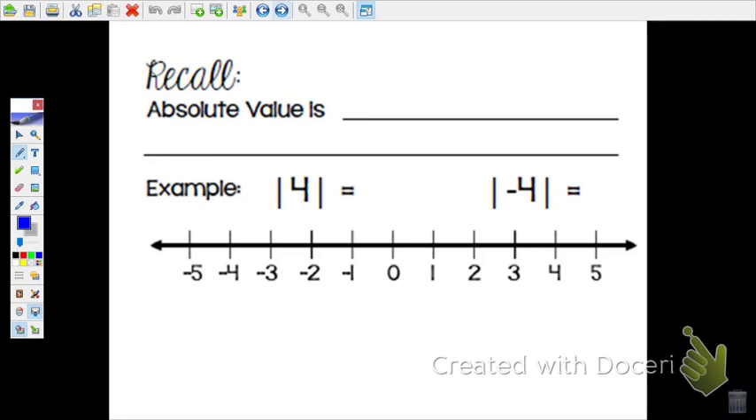So first of all, absolute value. Absolute value is something that you have worked with in previous math classes. What does absolute value mean? What is absolute value? Josh? How far the number is from zero? Okay, correct. Absolute value is the distance